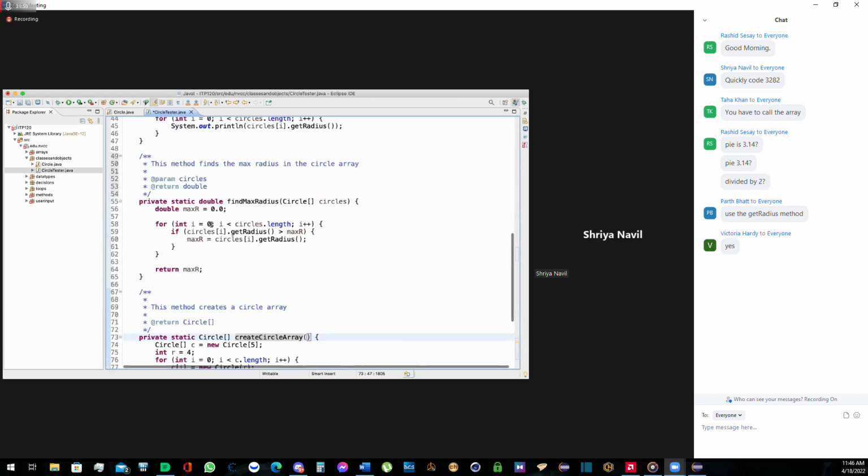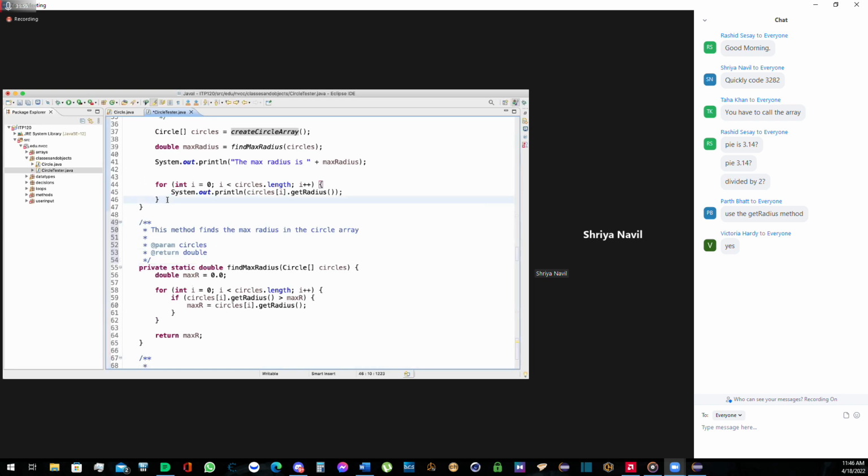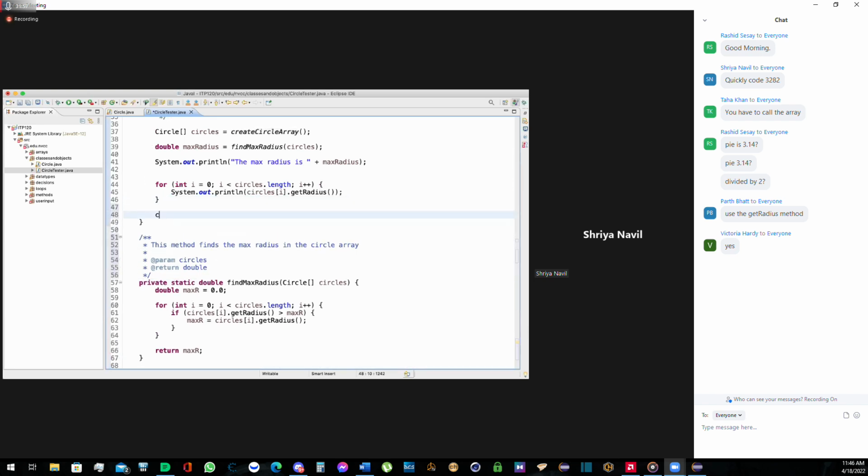Okay, so in my main method, I could say circles C1 equals create circle array. And then in my input argument, I could provide, let's say, 10. Now that 10 circle, so right now I'm creating, so change type to,